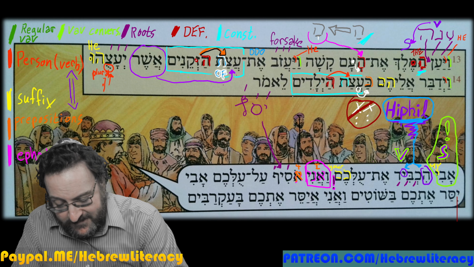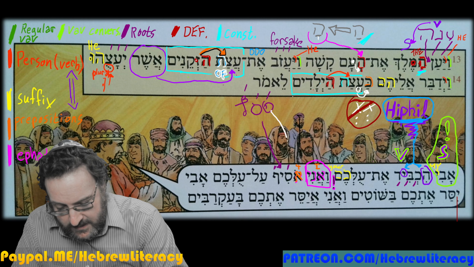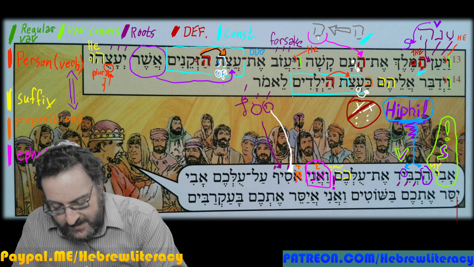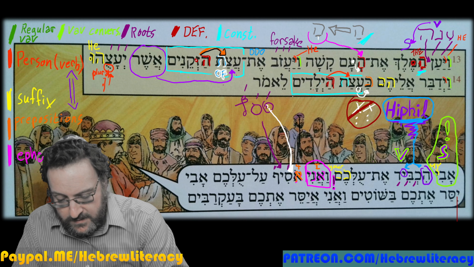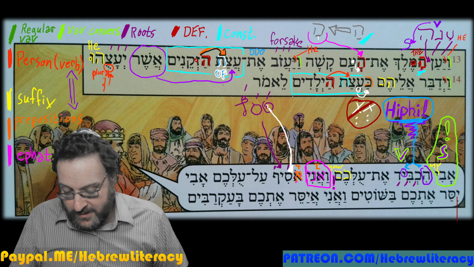But we have the Samech and the Fe. So the Yod would be here. But oftentimes verbs that start with a Yod, that Yod will disappear. And that has happened. He's gone. The Yod is gone. But we do have our